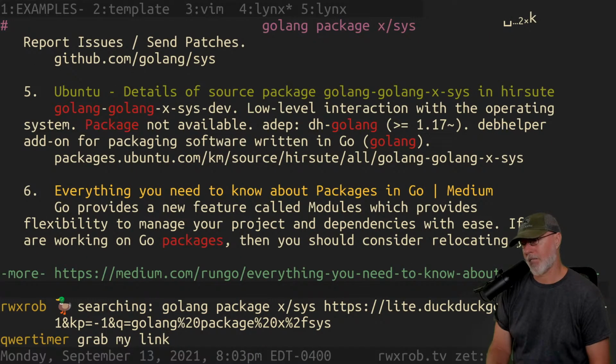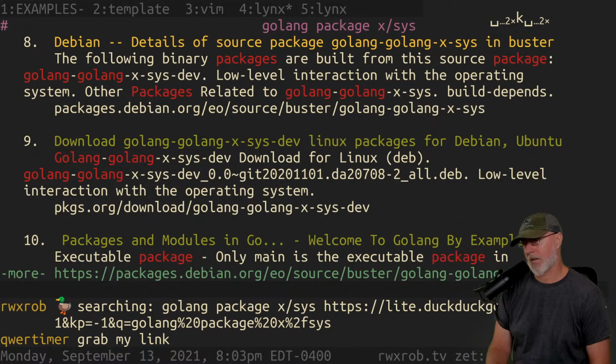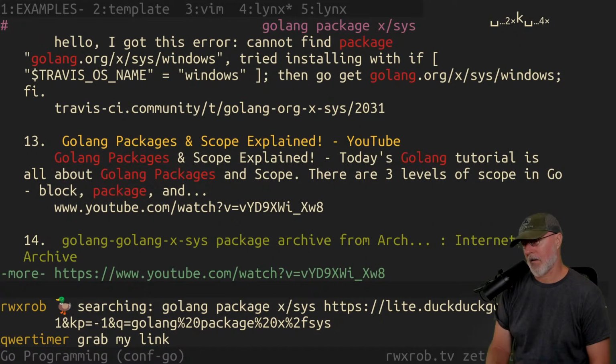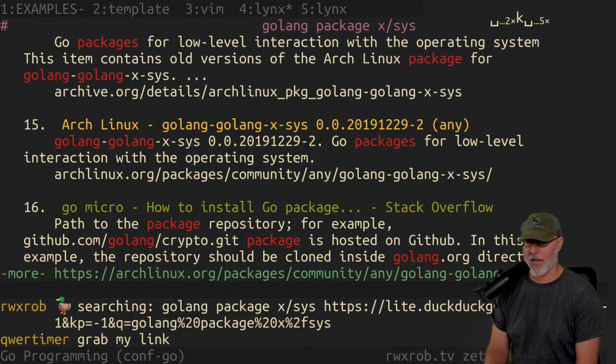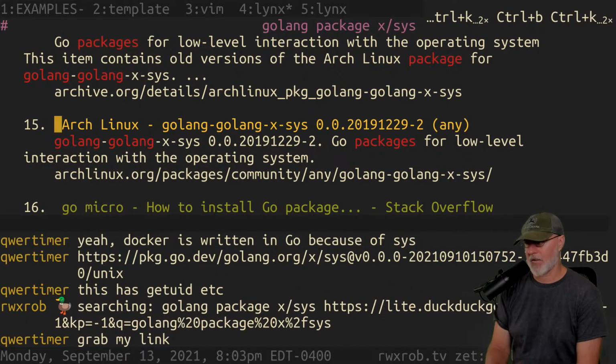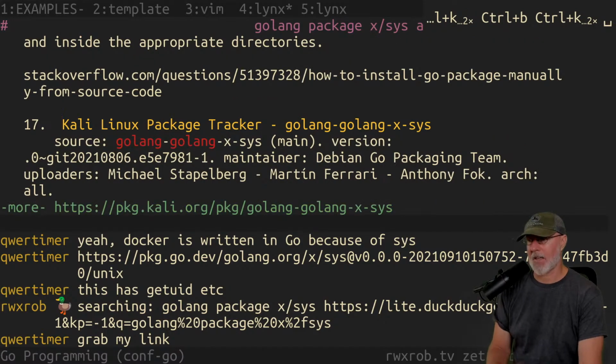I'm not finding it. I could probably just do the package stuff. Yeah, but that's not the docs, is it? Yeah, that's the source code. I'm looking for the package docs.